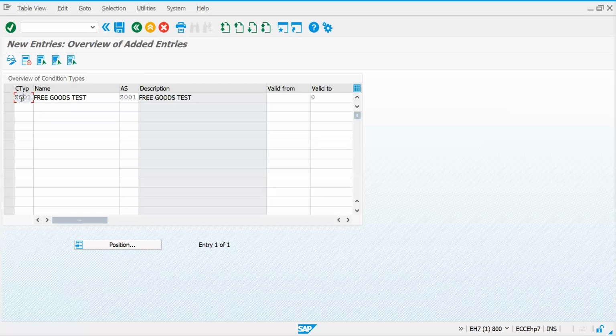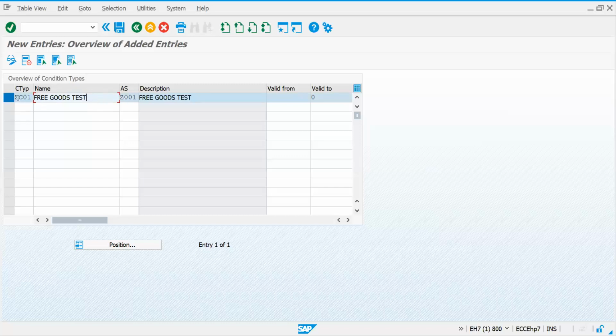Okay, your scales, a lot of things are there, but you don't have such definitions here. If you go for that extensiveness, you will not find it for this condition technique, because you don't require all those things. For your standard condition type, you are already given the definition of how it needs to be done, whether it is percentage based or value based or quantity based, whatever the different kinds of requirements you have. But here we are only simply defining just free goods.